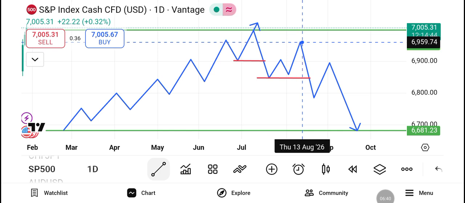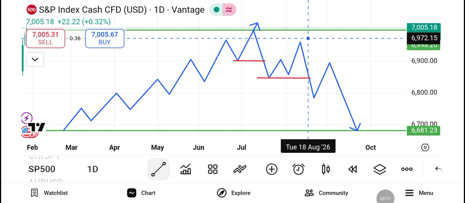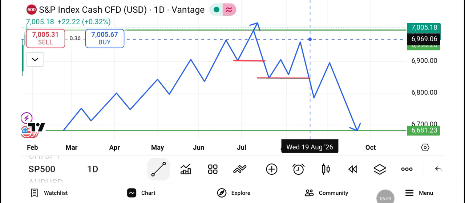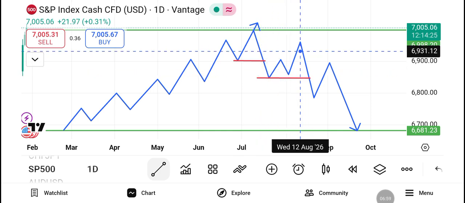Then number two, I will wait for it to give me my bearish engulfing candle. This bearish engulfing candle is going to tell me that okay, now I'm ready to move. There, I will take my trade when the bearish engulfing candle has been formed, or a shooting star. I will take my trade and put my SL above this level. You understand? So my first TP will be somewhere here, not greedy, because the market can just bounce off here